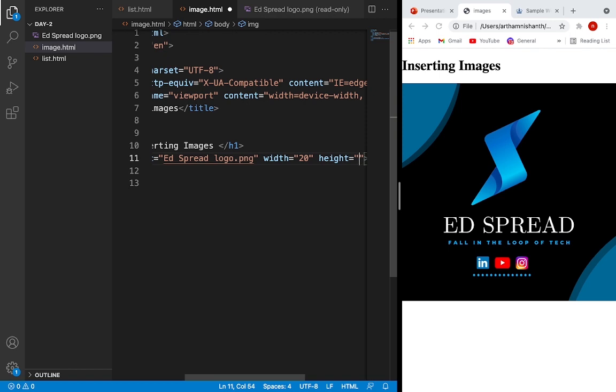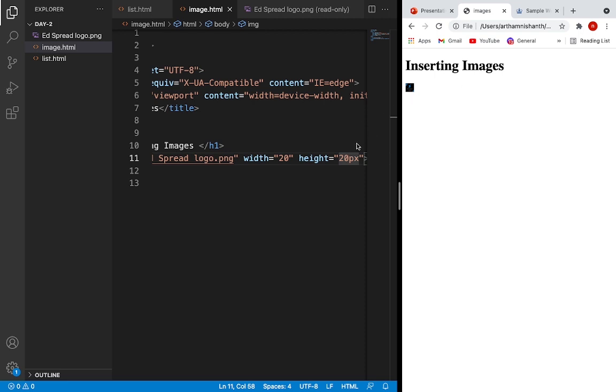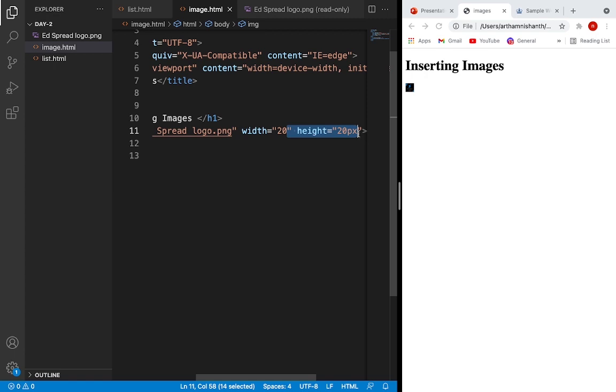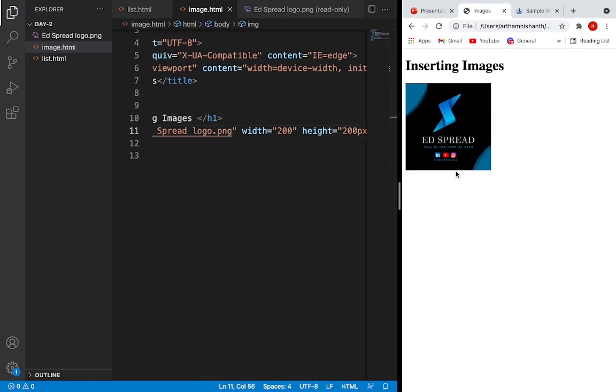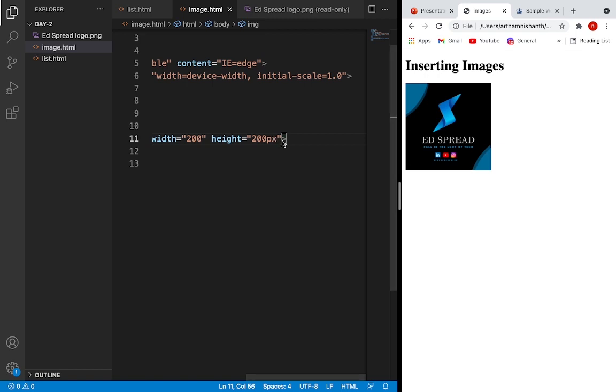Height, 20 pixel. Scale, and right. That's even smaller than expected. Let's take it as 100. Not very small, 200. Okay, this looks fine. So we can insert image in this way, and there is also another tag known as